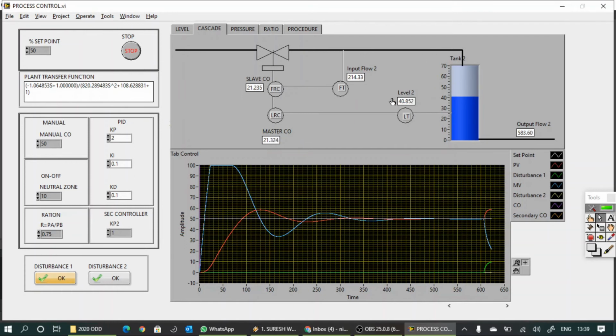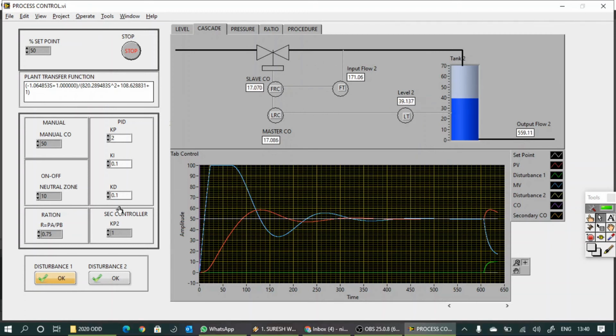Later you can see that again this deviation, so now you can see the deviation here. That deviation is reduced to 0 due to this controller, but that is not due to the cascade controller, it is due to the primary controller. This secondary controller doesn't have a direct effect. Is it okay? Because here the secondary controller is acting because the set point is changed, not due to this measurement. Actually the measurement is constant. So as the set point is changed, this control output will change, then the manipulating variable changes, then this feedback will change. Okay, so that is an indirect effect.